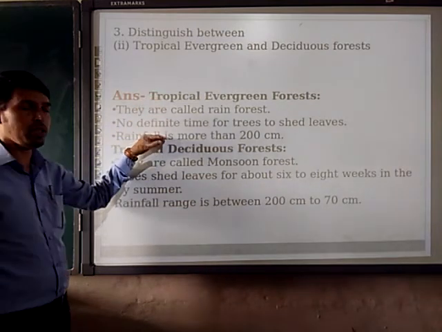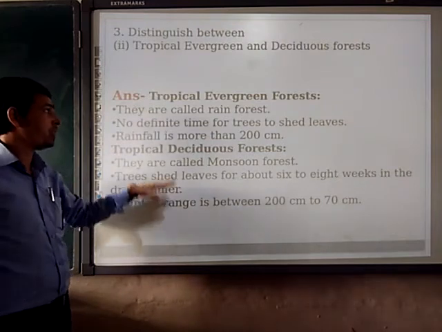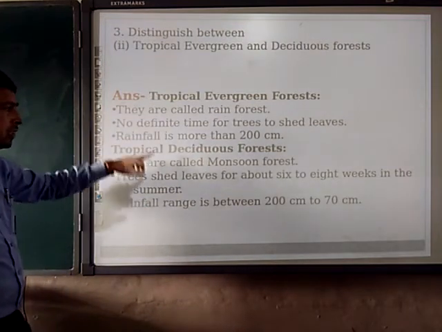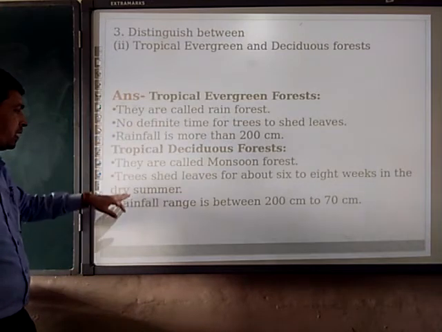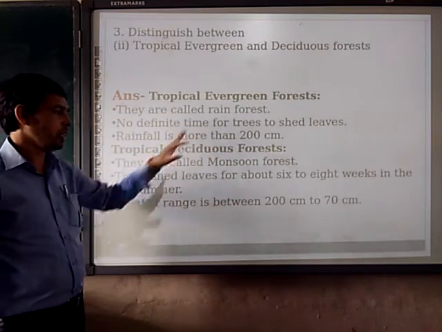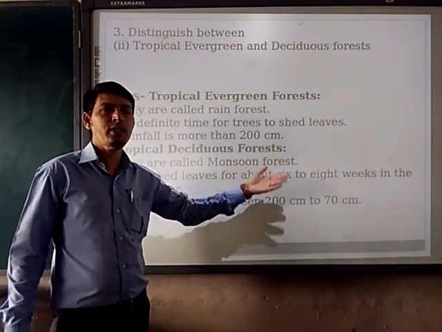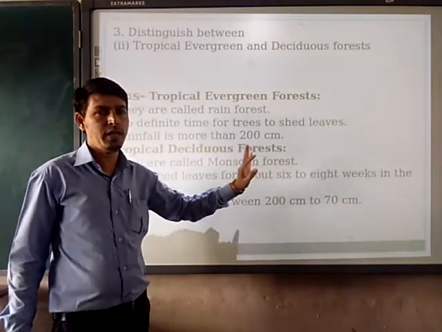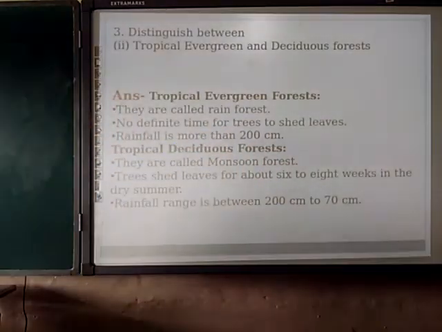You can include animals and plants also. Make 1 point more here, and here also 1. These are called rainforest. These are called monsoon forest. No definite time to shed the leaf. They have a definite time to shed the leaf. Then the rainfall is more than 200 centimeters, and they have a rainfall range between 70 and 200. Like that we have to